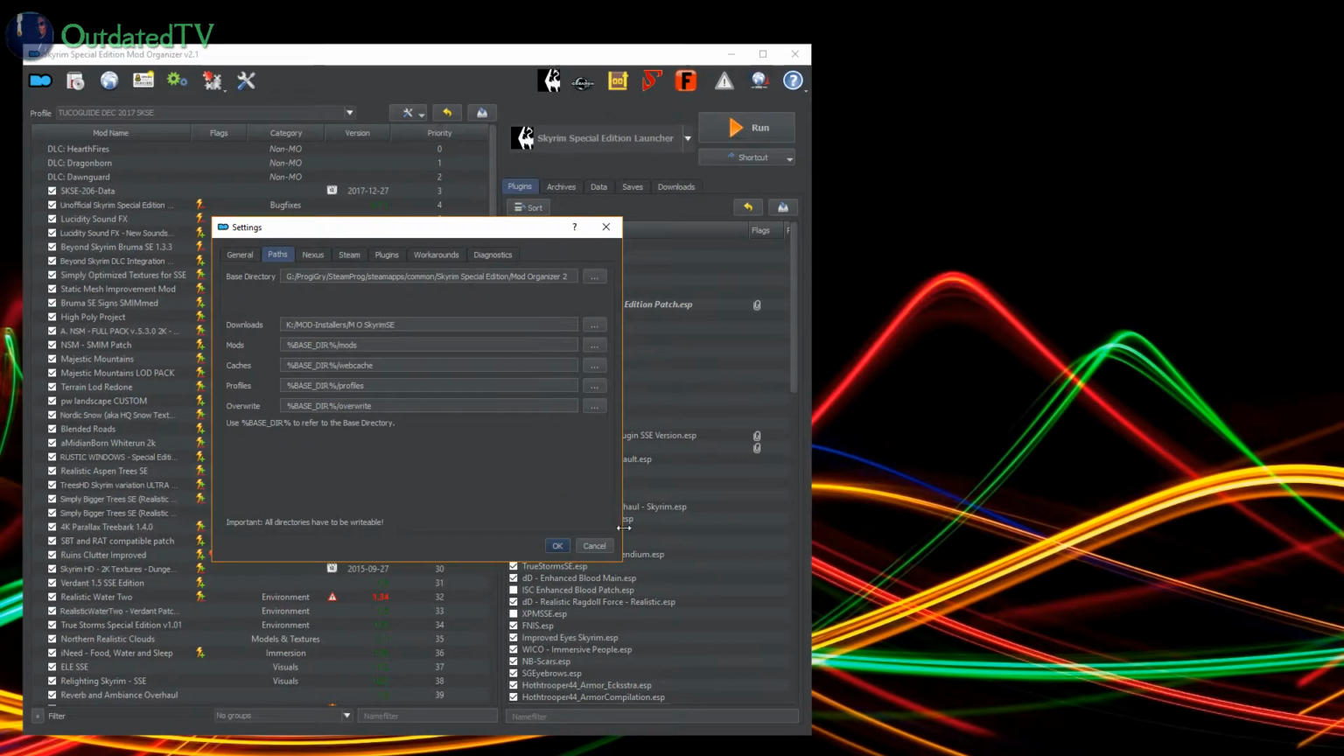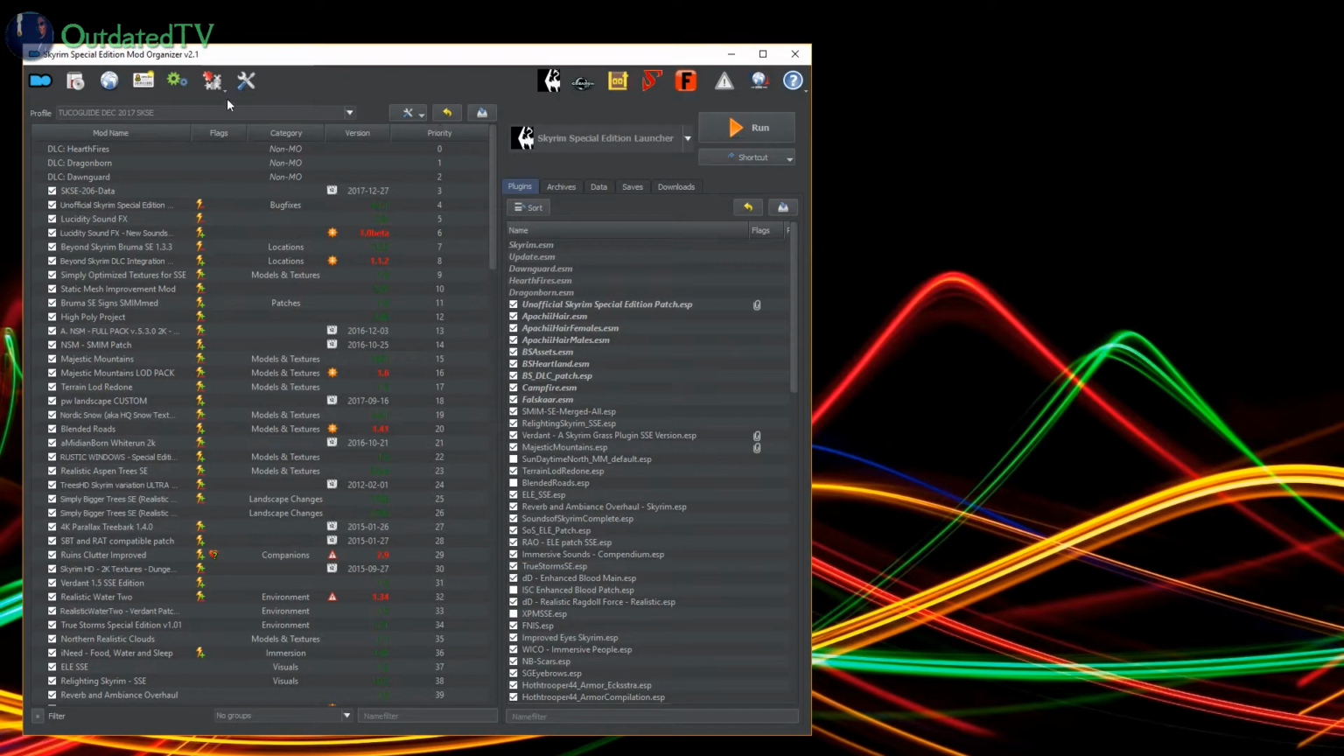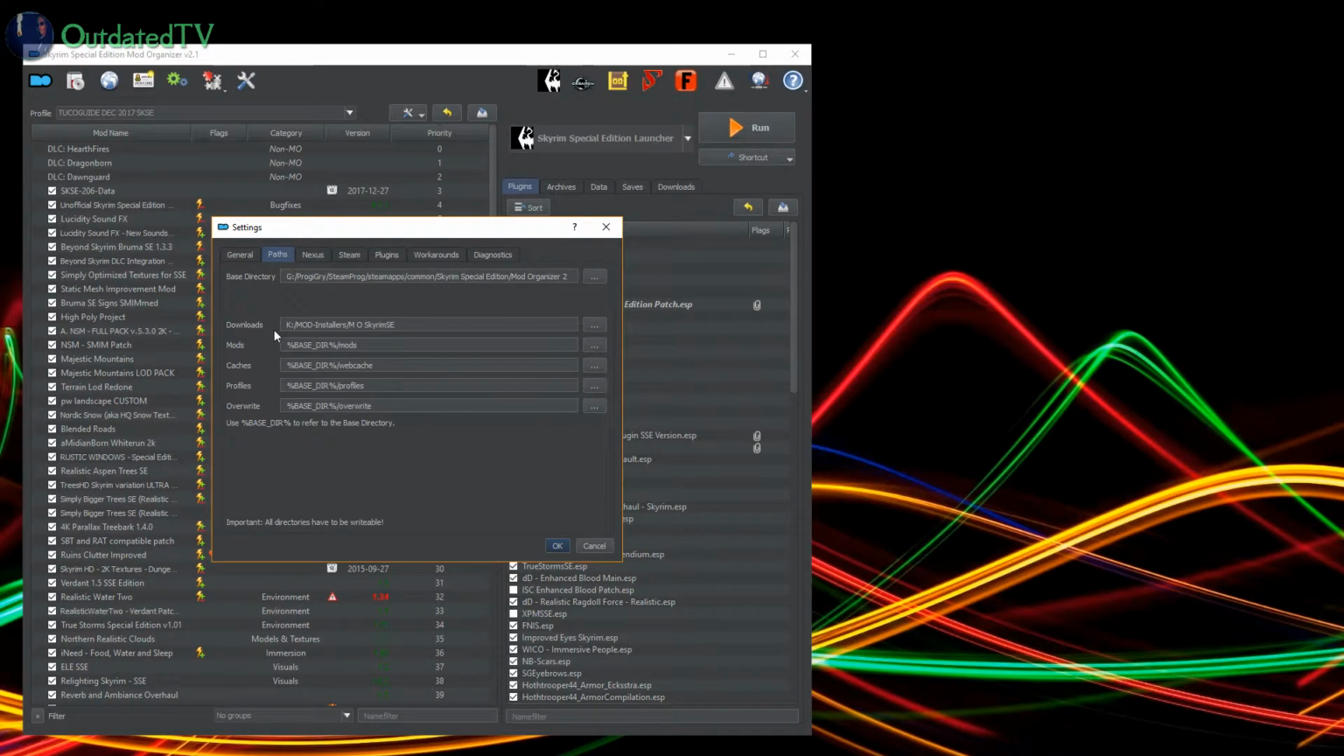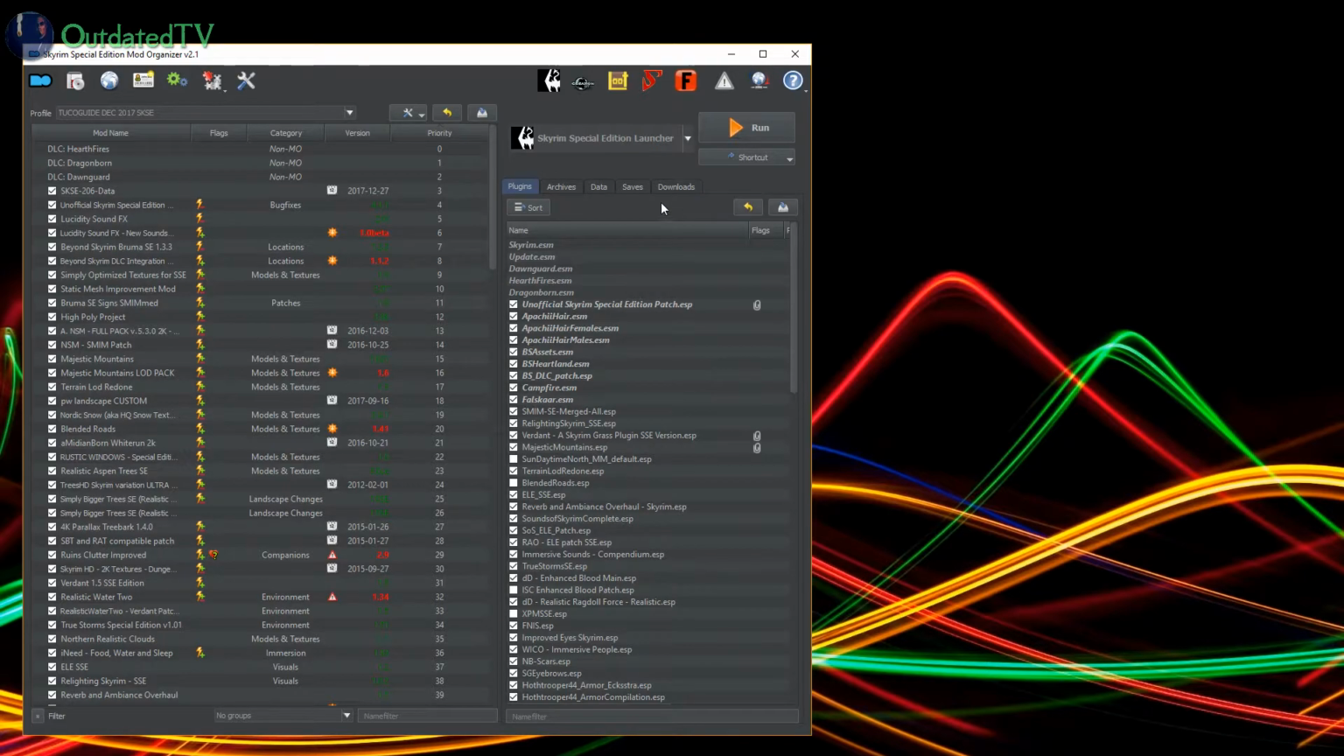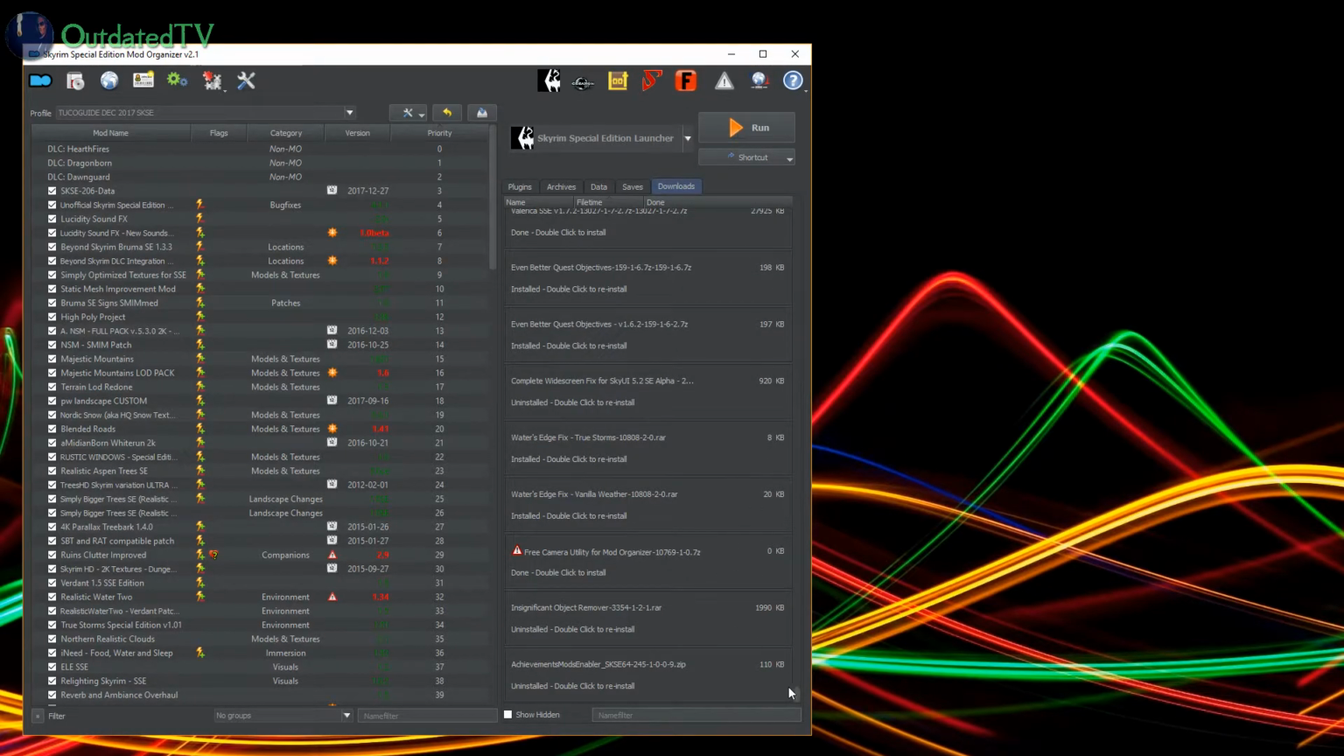The thing is that this directory that you set in paths over here for downloads will be reflected in your Mod Organizer too, in the right pane in the downloads tab. Here are all the mods that you downloaded to this directory. So as you can see, achievements mods enabler SKSE64 is here. So let's double click it,